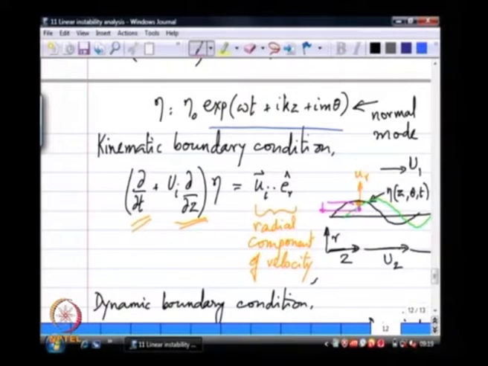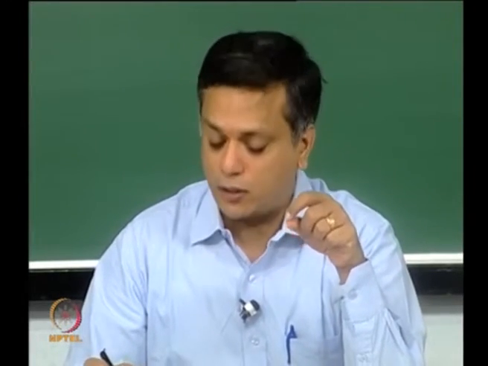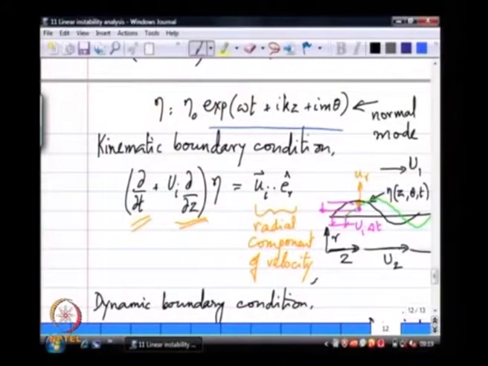Now, the rate of movement. This wave itself has moved a distance ui times delta t. If I took the material point as I have shown here, just inside the interface, inside the jet, then that wave is being advected with a velocity u2, which is the jet fluid velocity. I can draw this exact same picture with the orange dot and the pink dot just above the meniscus in the other fluid.